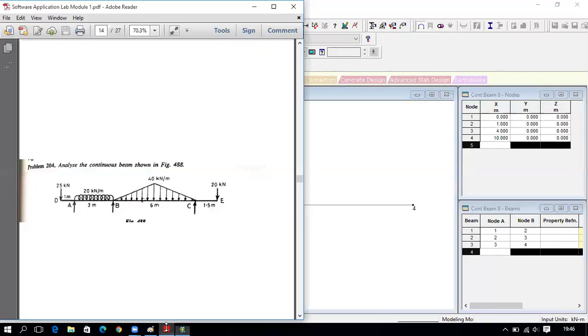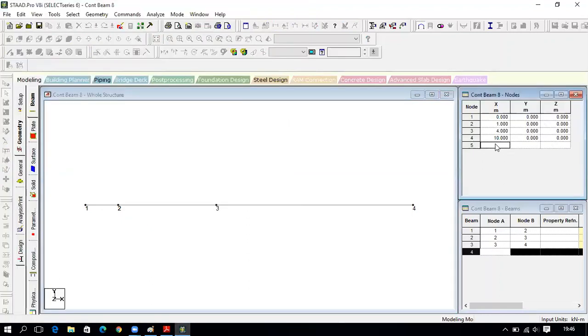So for the 1.5 meter beam span length, I had to mention this one as 11.5, and this one is 0, 0. So here one more node has been created at length 1.5.